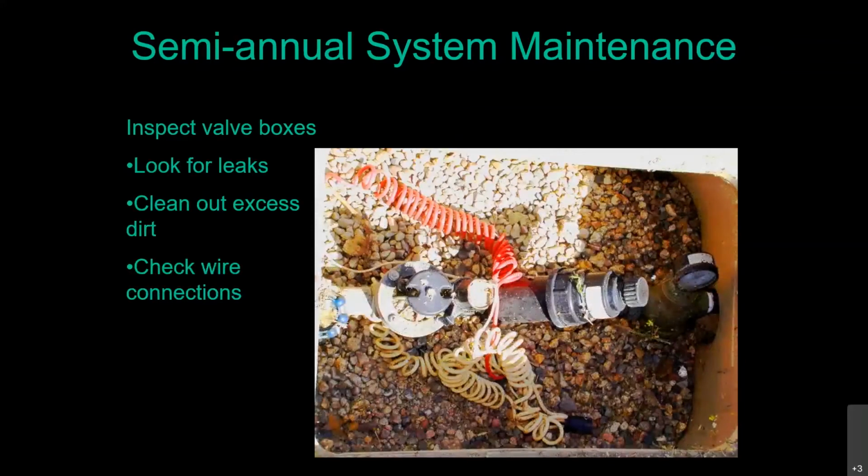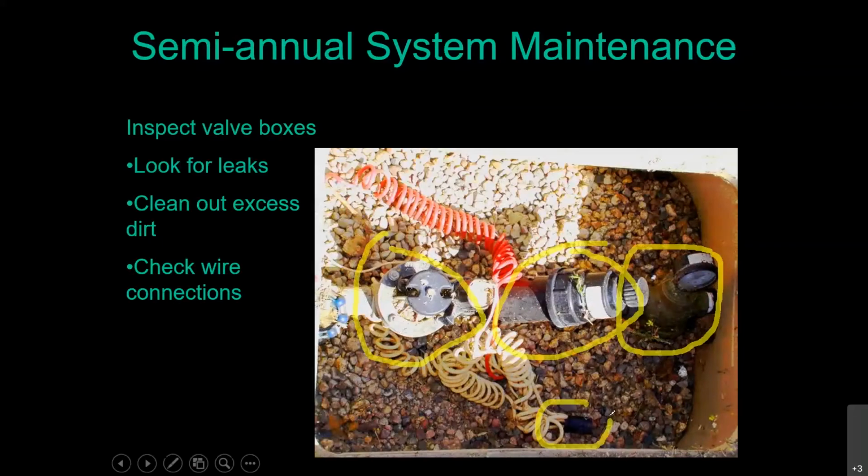So here's a commercial installation of a valve, and it's for a drip system. And let's find my annotate here. So here we have our irrigation valve. Here we have our filter. Now in this case, they're using a very expensive brass pressure regulator. Yours is going to look a little bit different. But one thing you also want to do is check out the wire connections in there. One of the most common electrical failures you'll find in irrigation systems is people do not use the right connectors